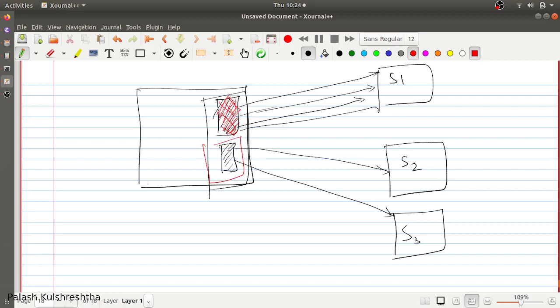So that can be considered wastage of resources. So you have to make an intelligent choice of when to use this bulkhead pattern.